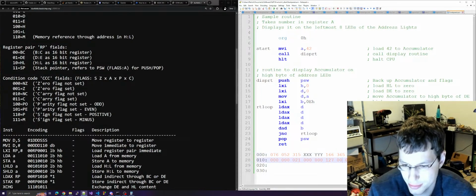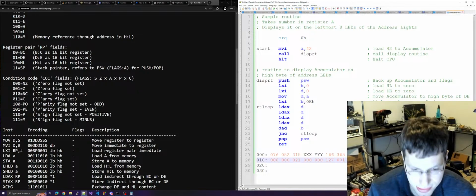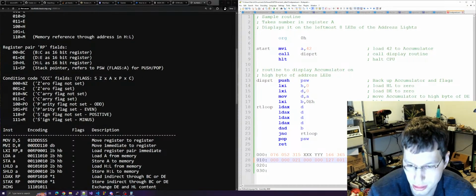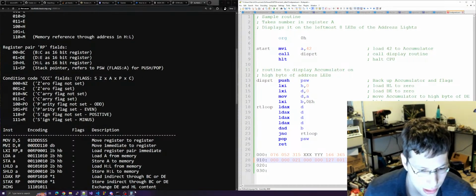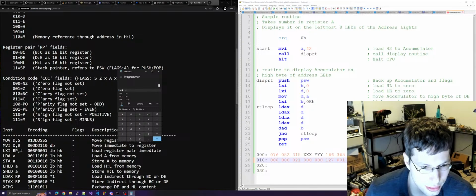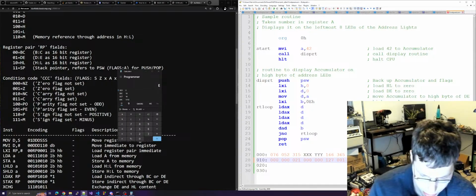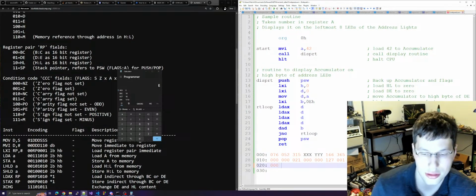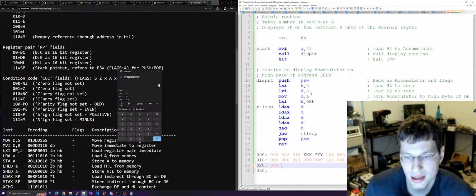There we go. That's more like it. 0, 0, 0, 1 is BC. And then low byte first, so that's 0E. And E is octal 16. Okay, so we just did LXI B 0E